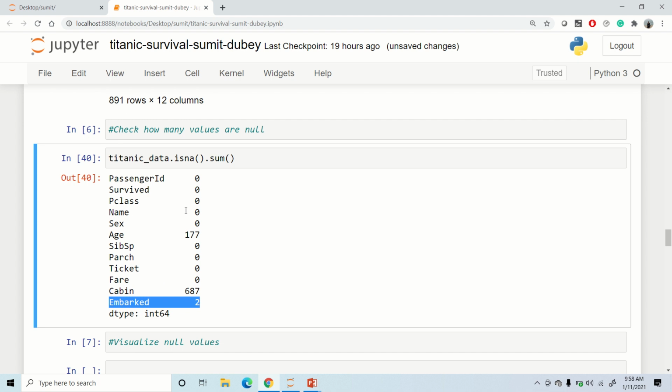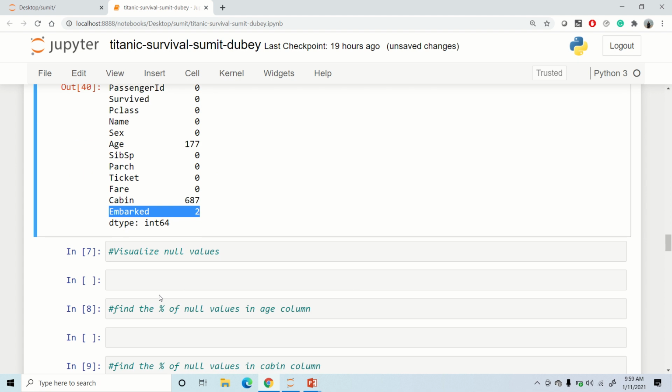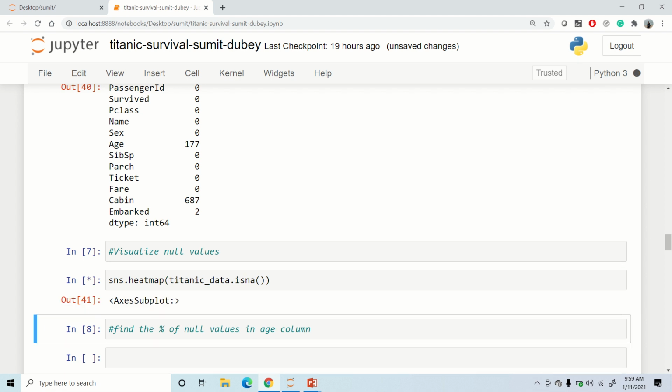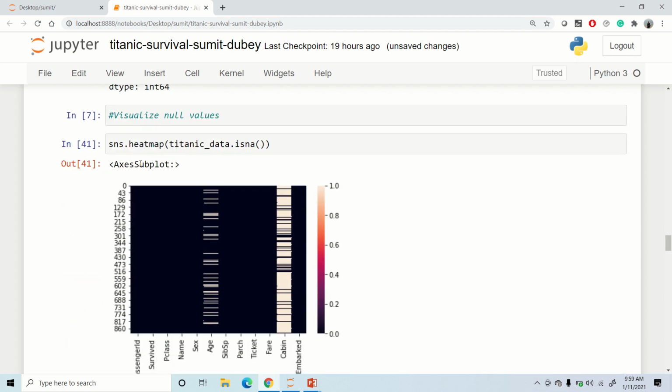Later in the data wrangling section we'll see how to deal with these null values. For now I would like to tell you that you can even visualize how strongly these null values are there in your data set by making use of a heat map. If you just say sns, which is seaborn, dot heatmap, and inside that pass this code, Titanic data dot isnull, and run that, you will see the heat map for null values.